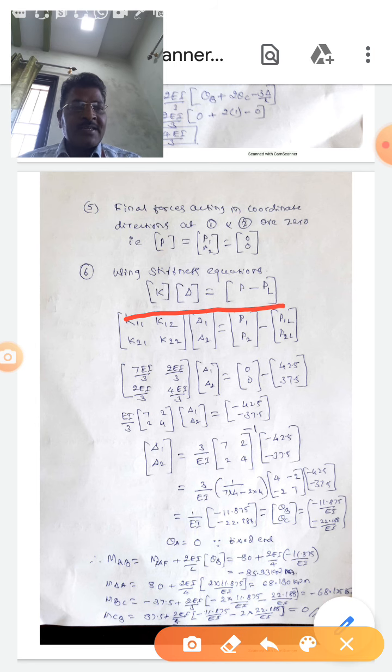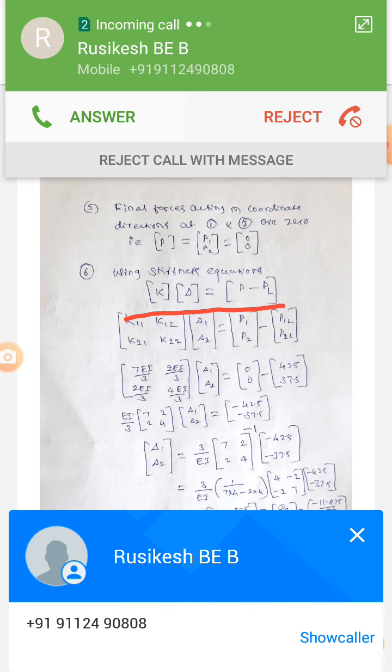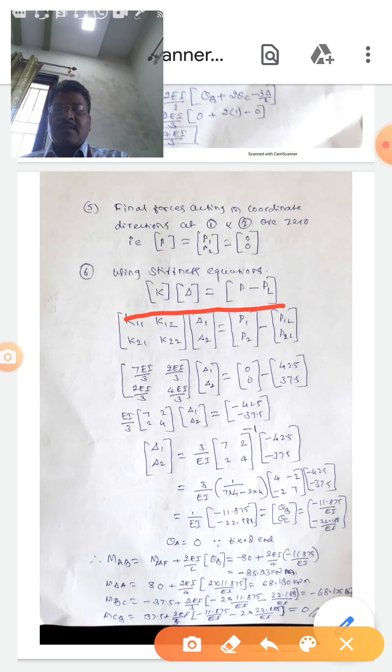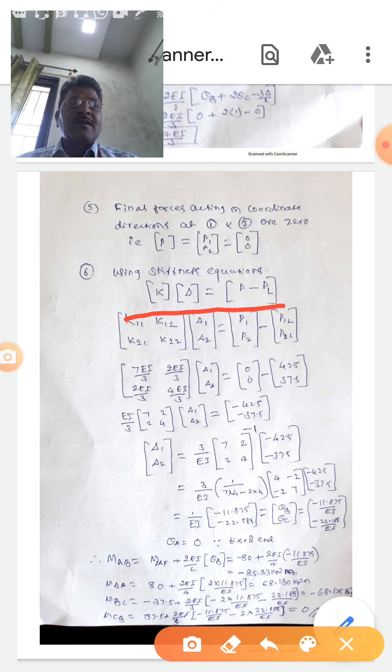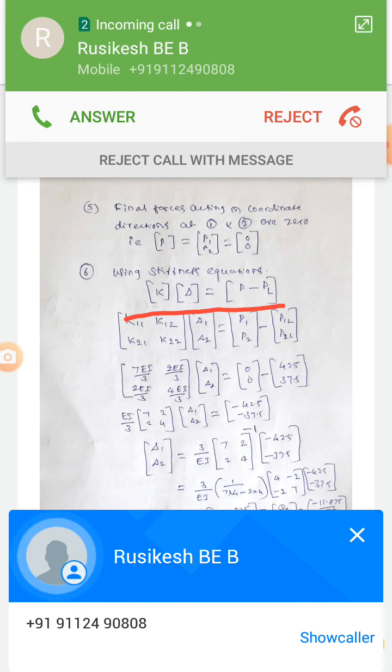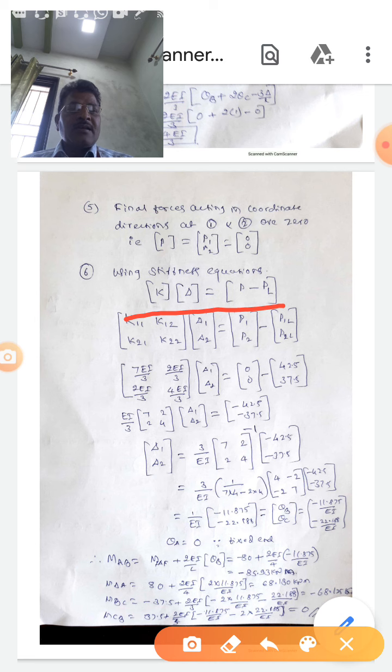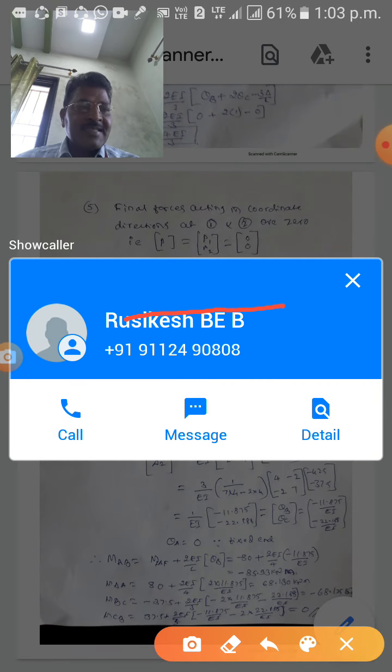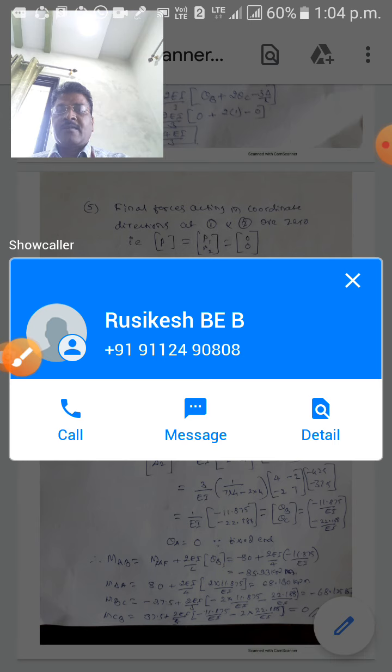So we calculated it with the help of the stiffness matrix method. Like that, we can also solve the same problems using the stiffness matrix method. We can follow the procedure as followed in this video lecture. Just go through this lecture, and definitely you can understand the problem and method. Thank you once again.